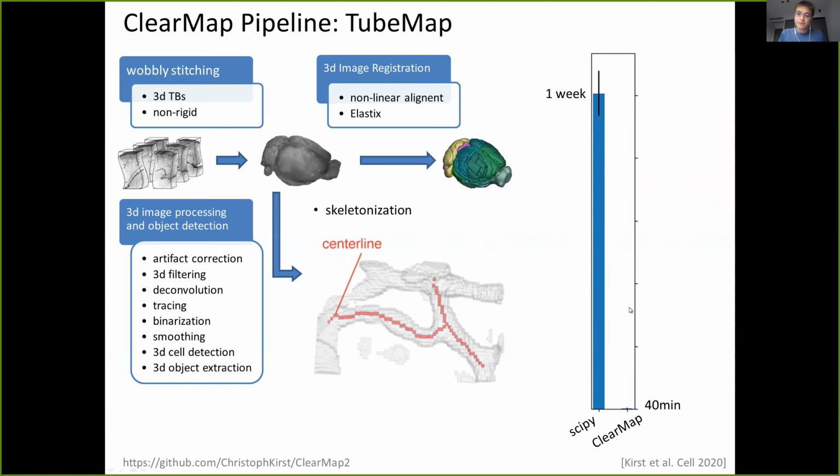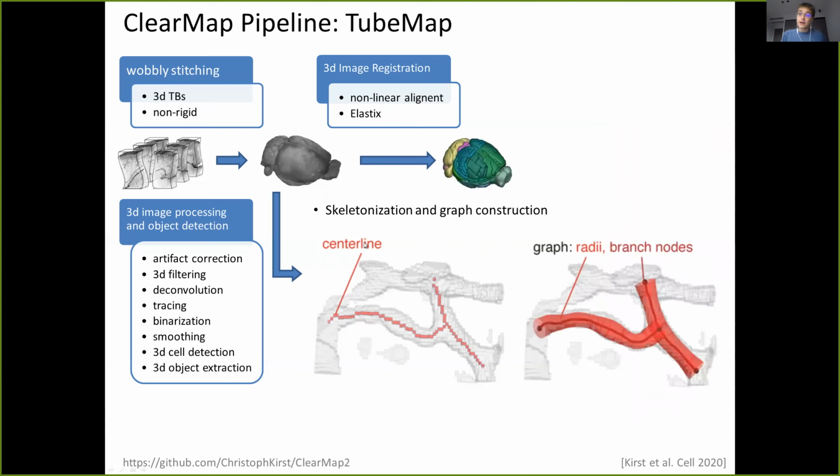So we did a lot of improvements, and this is just one example, to speed up this pipeline and make it very efficient. We now have one of the fastest skeletonization algorithms, I guess, that exists in parallel, that allows you to now skeletonize our data in 40 minutes. So a huge speed up, and quite essential if you want to do high throughput analysis of these data. Once we have our center line, we of course now can extract the shape of these tubes and also the branch points and where these vessels actually branch or join.